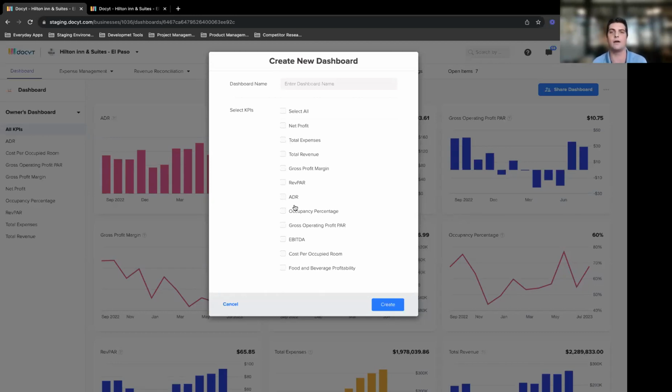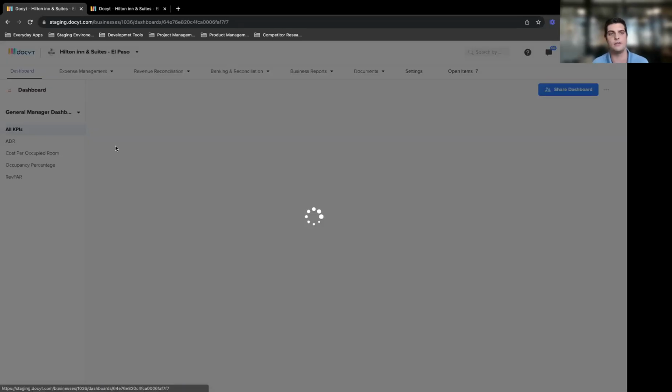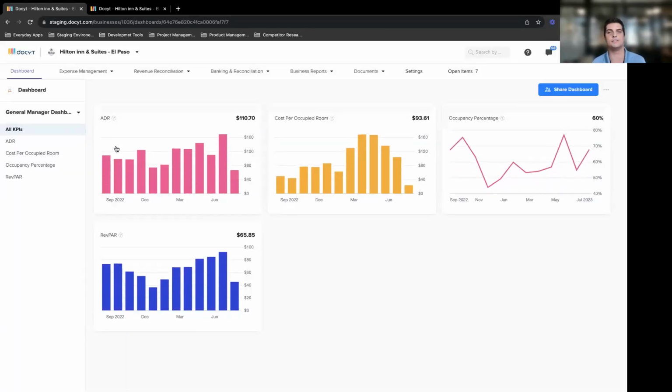It's important to have that persona in mind and really drive home what can I give them to make their day-to-day the most effective it can be. So I have one built here for a general manager. And what's great about these is within these dashboards, as you create different variants and different versions of them, you